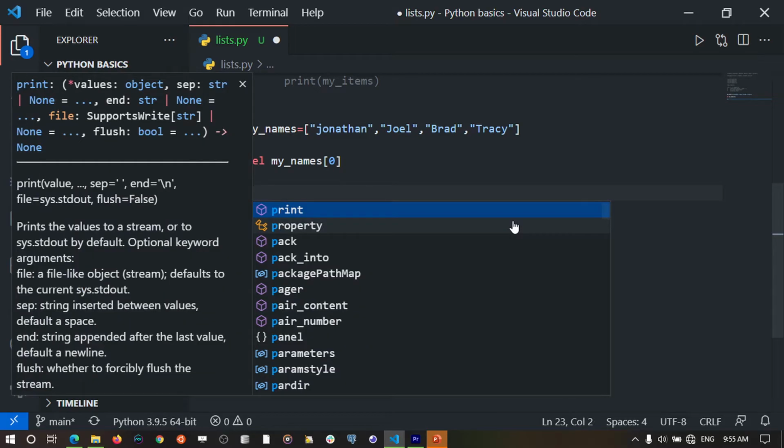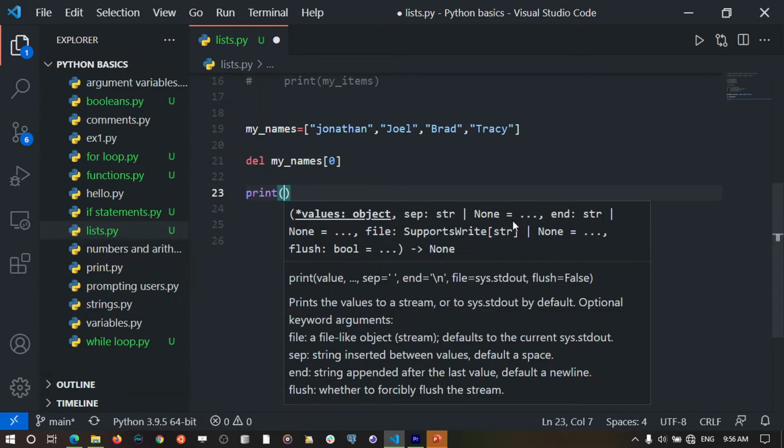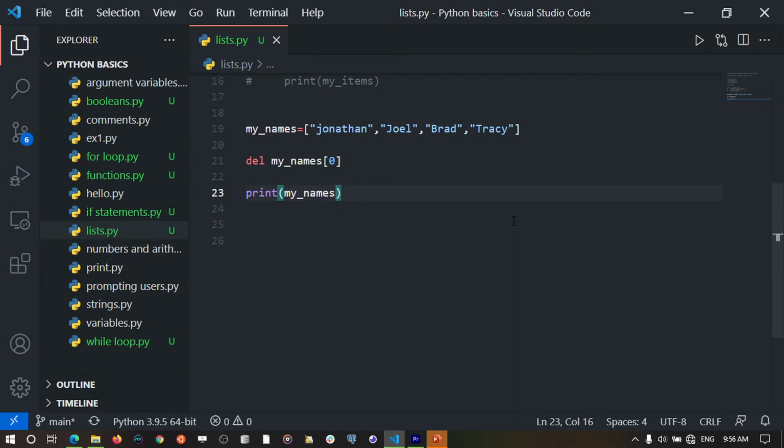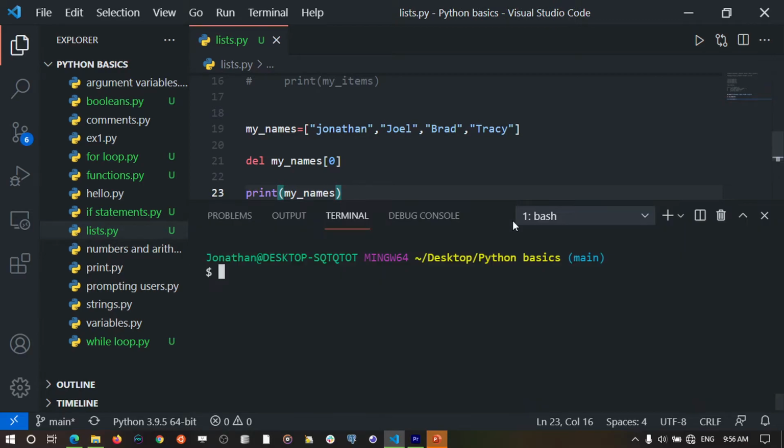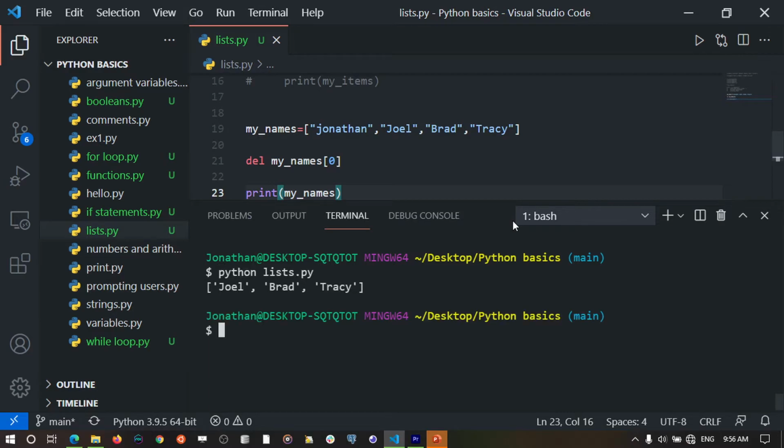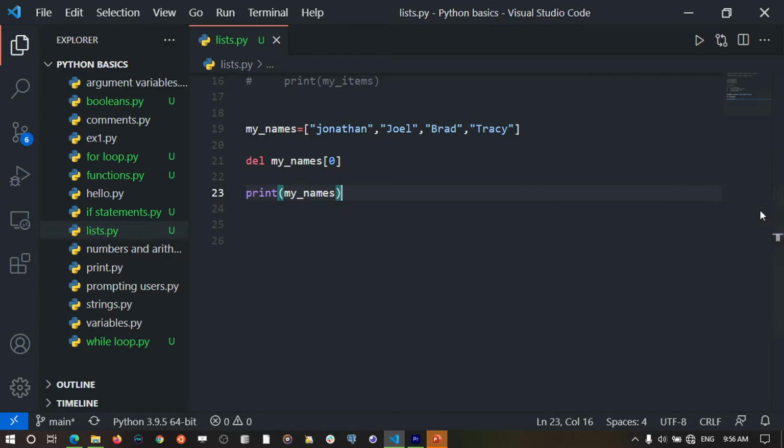And let's try to print our list. So I'm going to print my names. When I print my names, I'm going to save and run this again. So I'm going to run python lists.py. So when I print, we see that our first item, which is Jonathan, has been removed from our list. I'm going to close this. I'm going to comment this again,